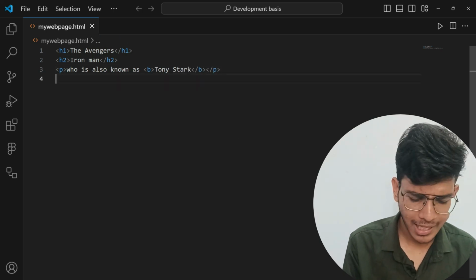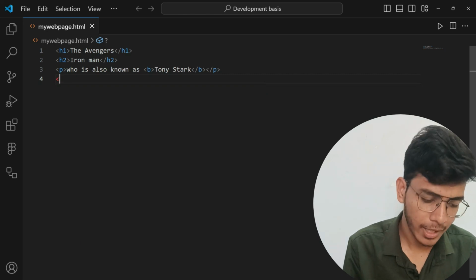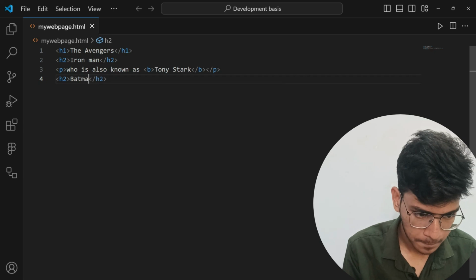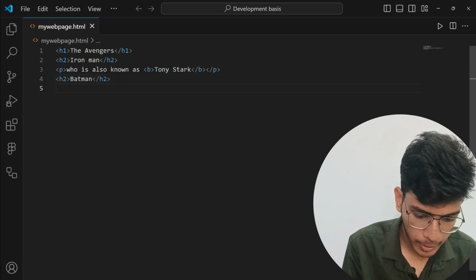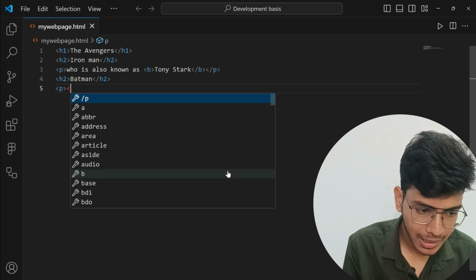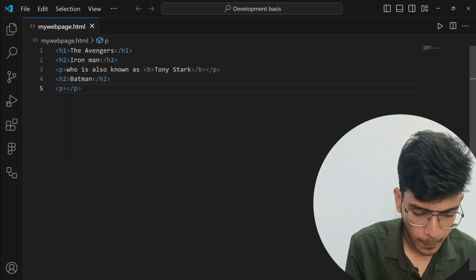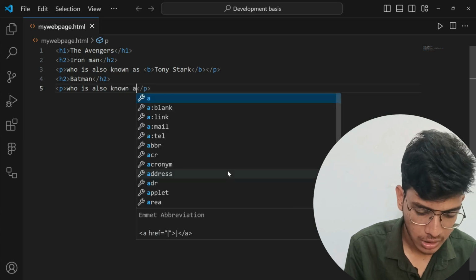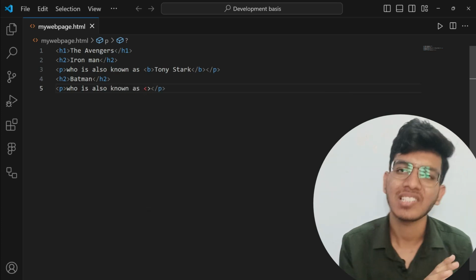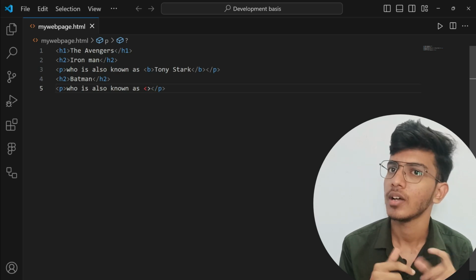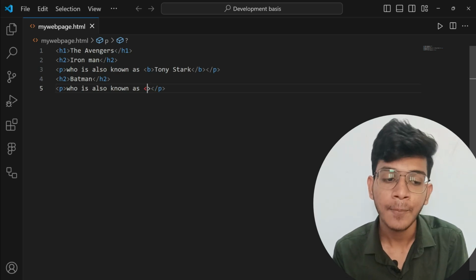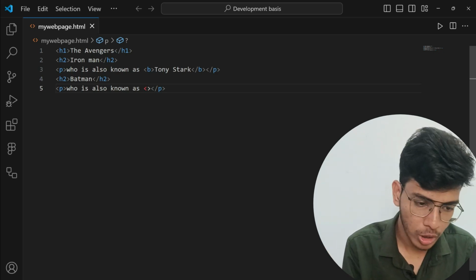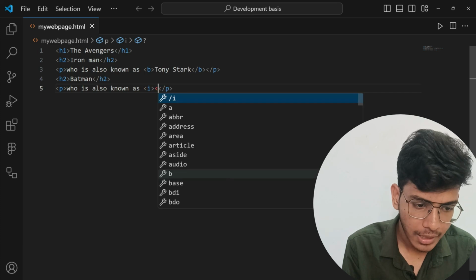Now after that, let me write another superhero, Batman. Okay, so Batman, and here I will give a paragraph tag, and in this paragraph tag I will write who is also known as, and this name I want to represent. I don't want to represent it in bold now. I am representing Bruce Wayne. Batman's name is Bruce Wayne, so I will represent Bruce Wayne in italic. So I will write italic, and I will write here